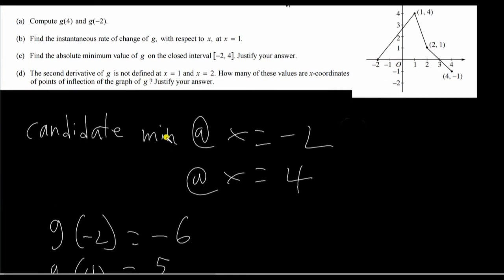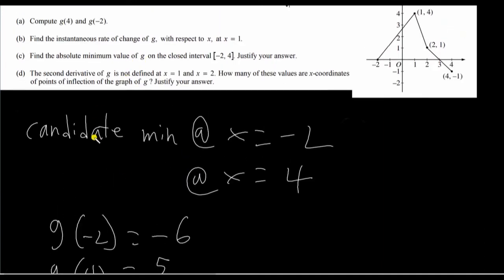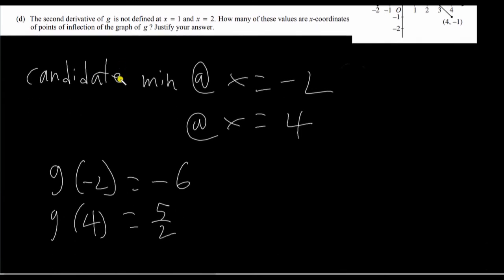And to be really specific, it says find the absolute minimum value, right? That's asking for the y value. If it asked for the x value, it would say what is the x value of the absolute minimum. But the keyword value here tells us they want the y value, so the absolute minimum is